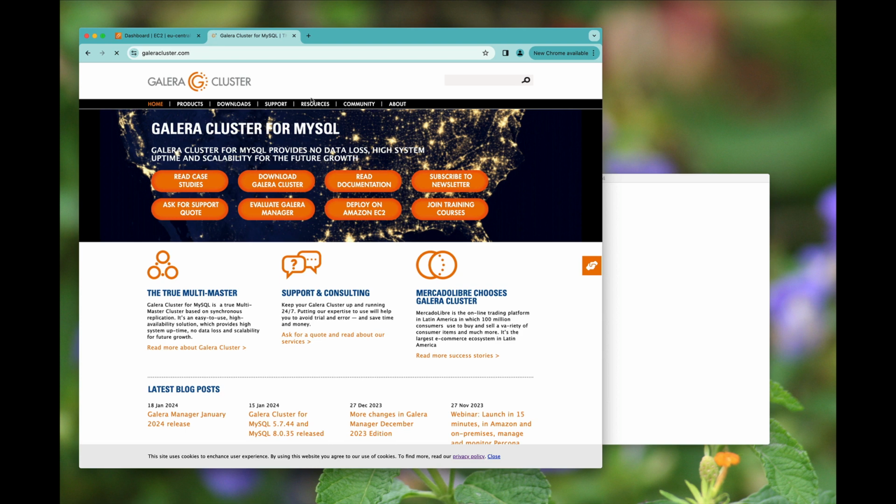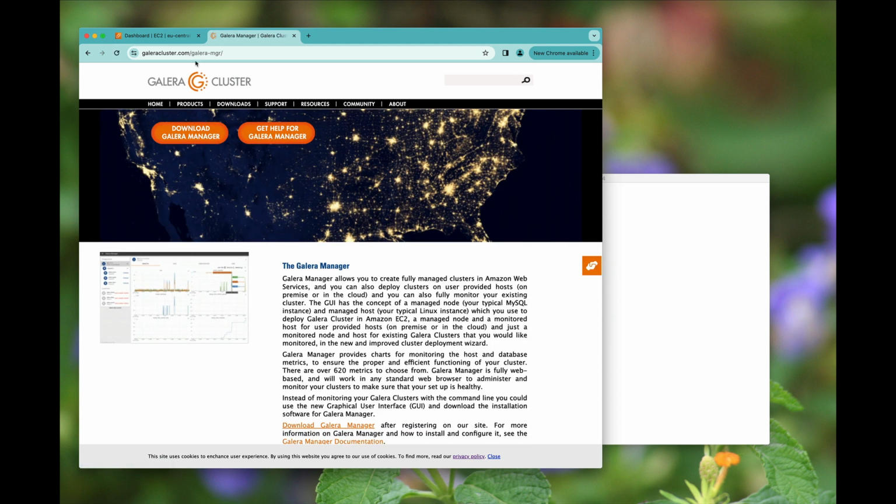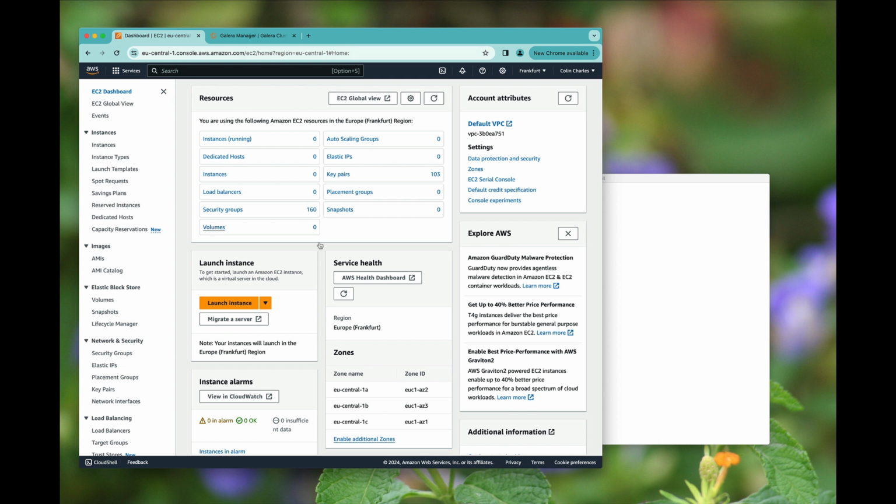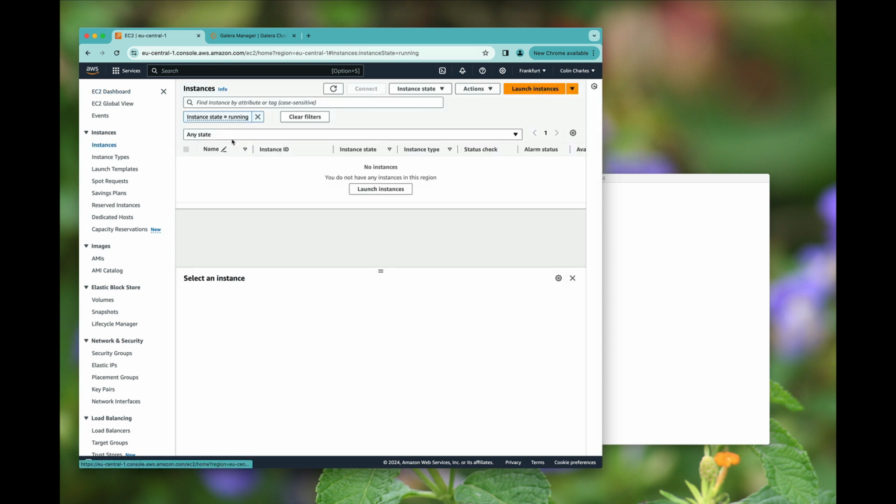Hello everyone. Today we are going to install Galera Manager on an Amazon EC2 instance, and it is going to deploy 3 nodes in AWS for MariaDB. So we can always evaluate Galera Manager here, and I've already got the EC2 dashboard running, so I will go